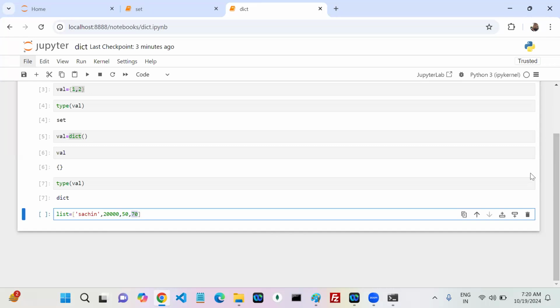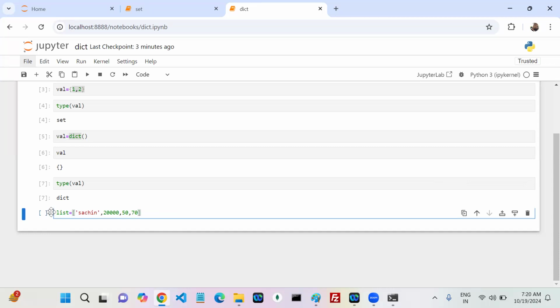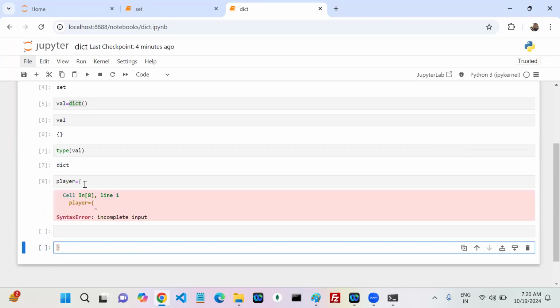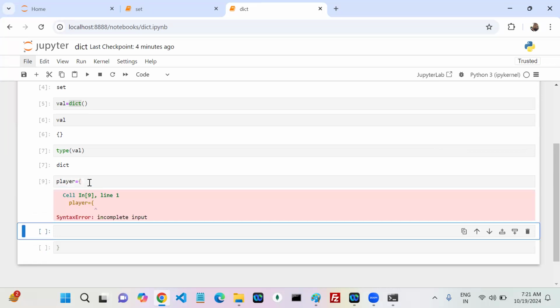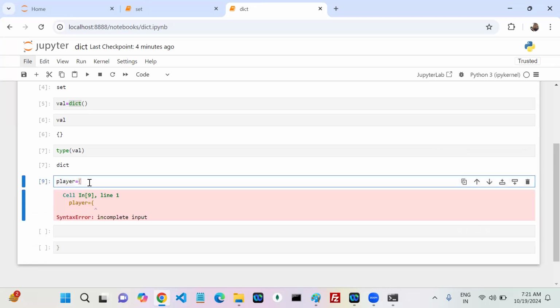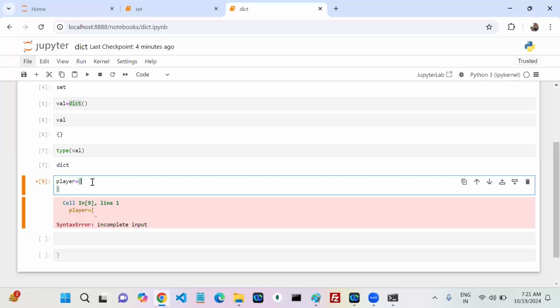If you go with set also, there is no change. If you go with tuple also, there is no change. It is not the correct way of representing the data about one player like Sachin. Then how can we go? I'm going to write in another way. Player is equal to, if I write something like this,